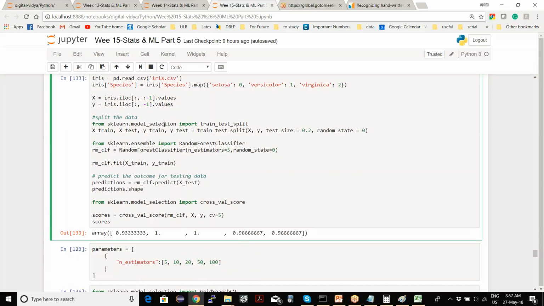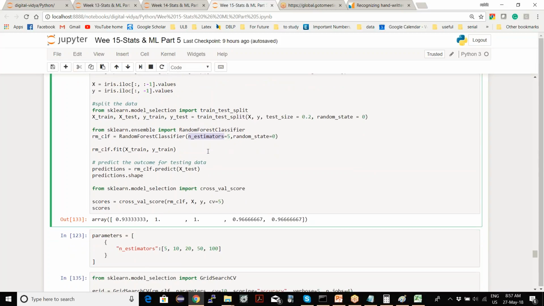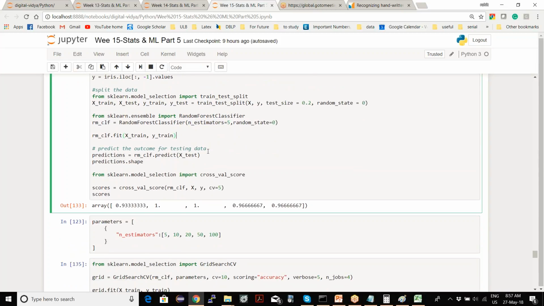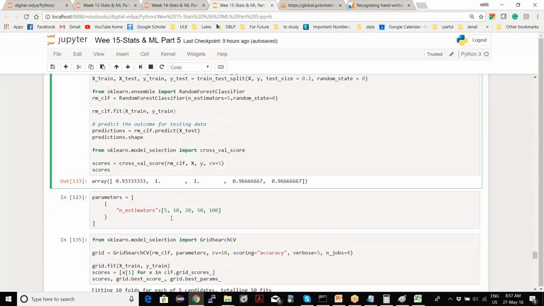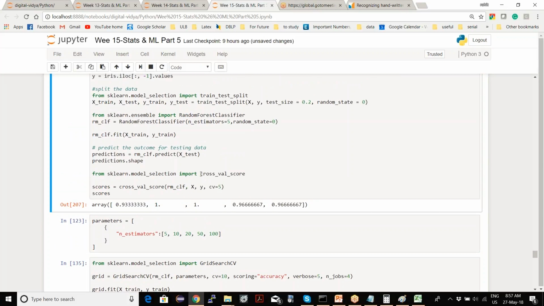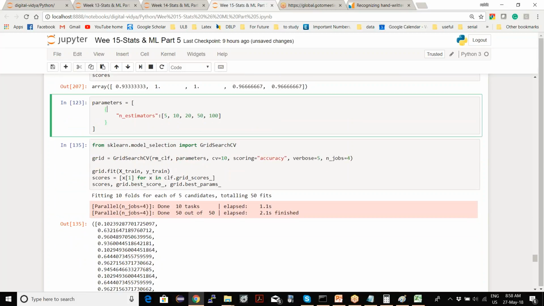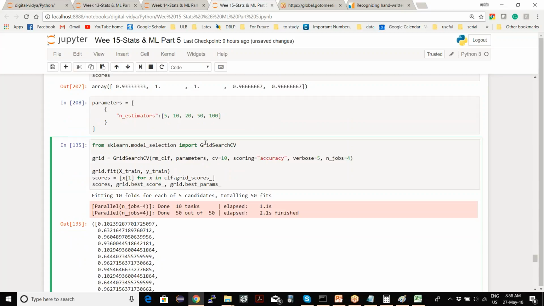So if you see the simple example of a random forest classifier, where we have the number of estimators as 5, we create a different array of number of estimators, like 5, 10, 20, 50, and 100. And then we do a grid search.